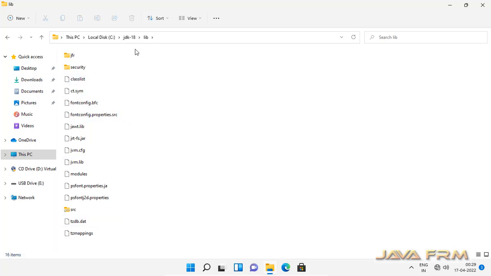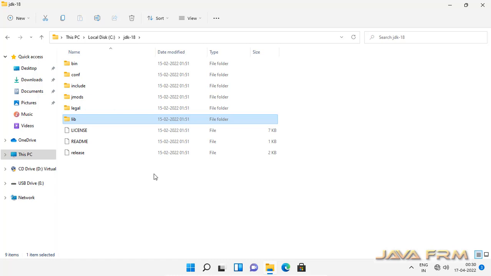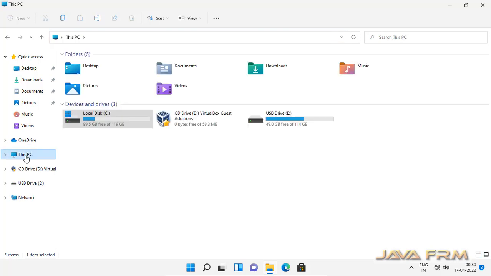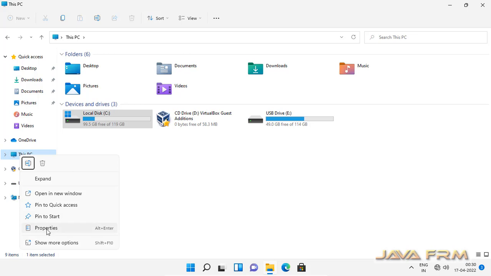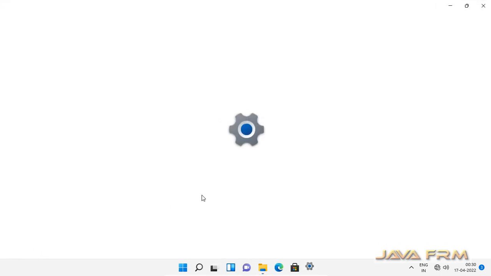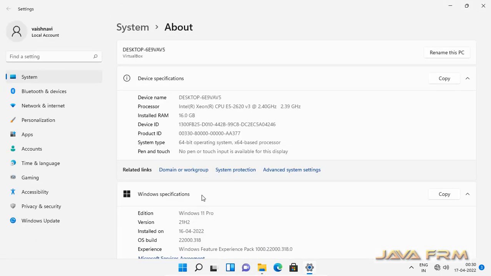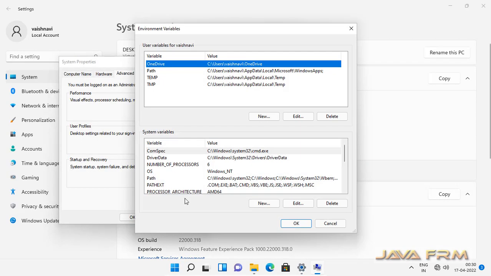Okay. Next I am going to set JAVA_HOME environment variables. So I am going to copy the directories, c:/JDK18. Copy this directory. So this PC, right click this PC, properties,